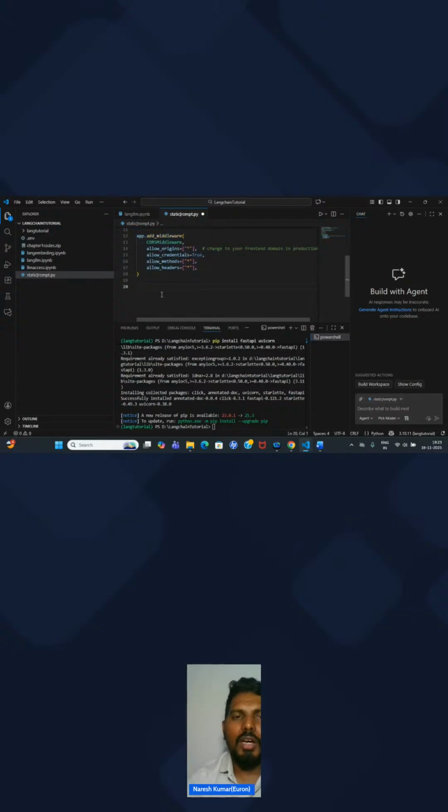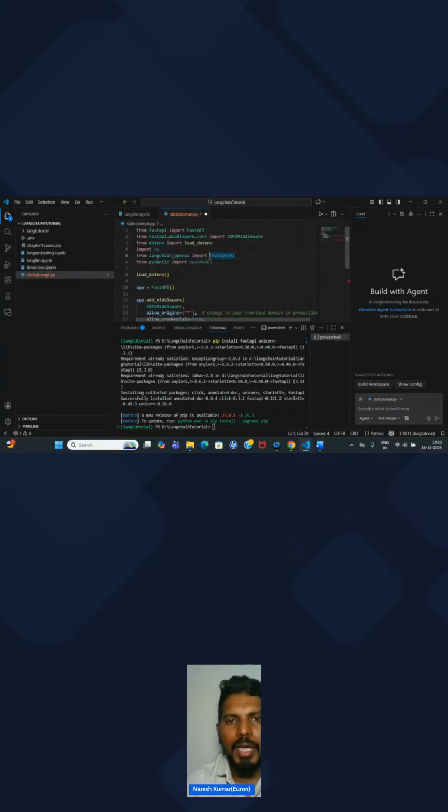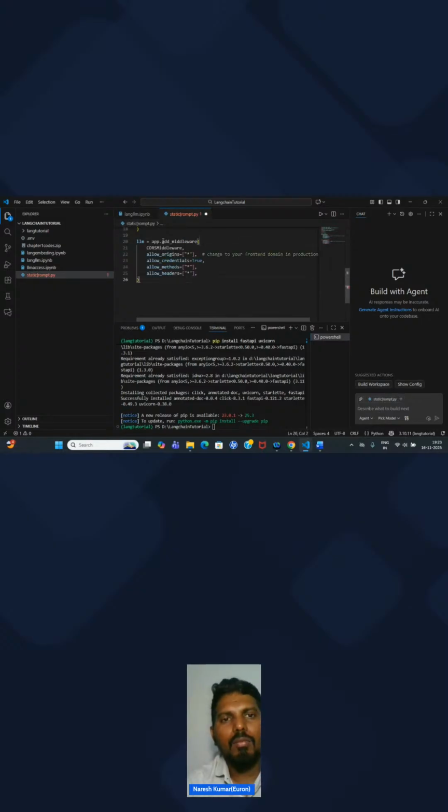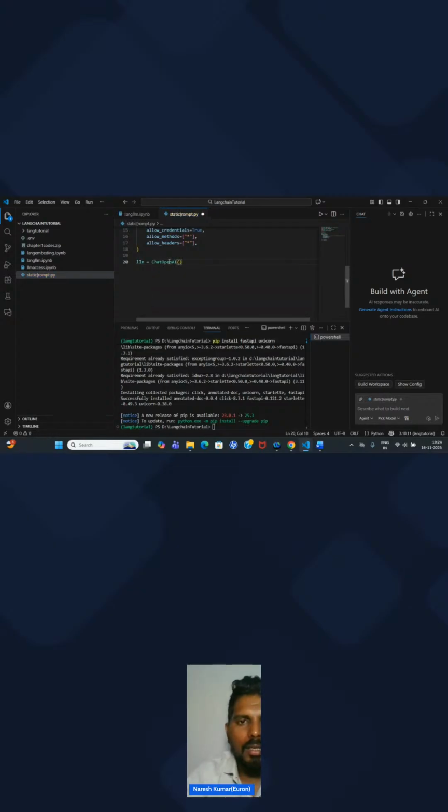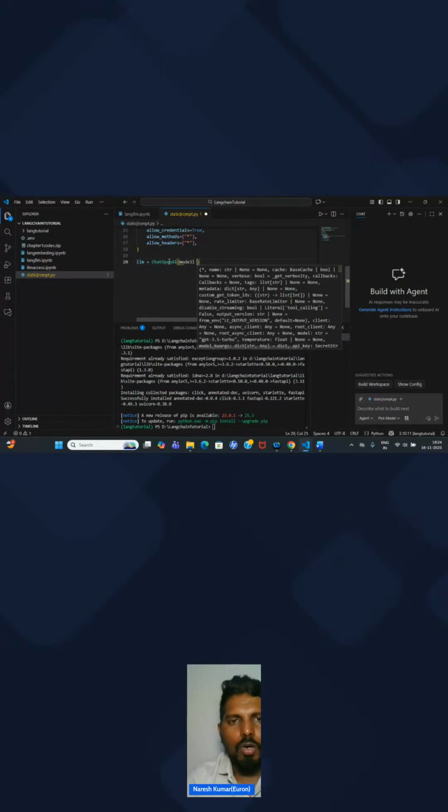Once this is done, we have to create our model. For that, I will quickly create a model. This time I'll call the model variable llm, equals to ChatOpenAI, which we have already imported. So we have to use the same class for creating the model. Inside ChatOpenAI we have to pass a model. Model is equals to,